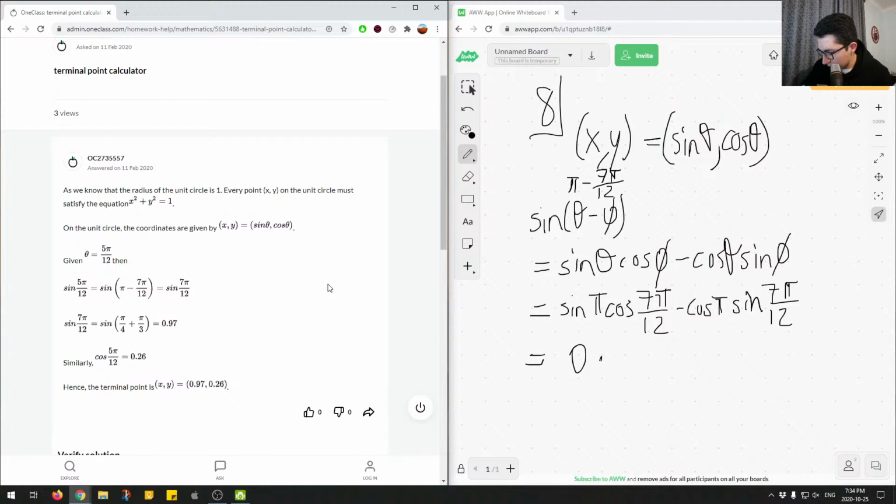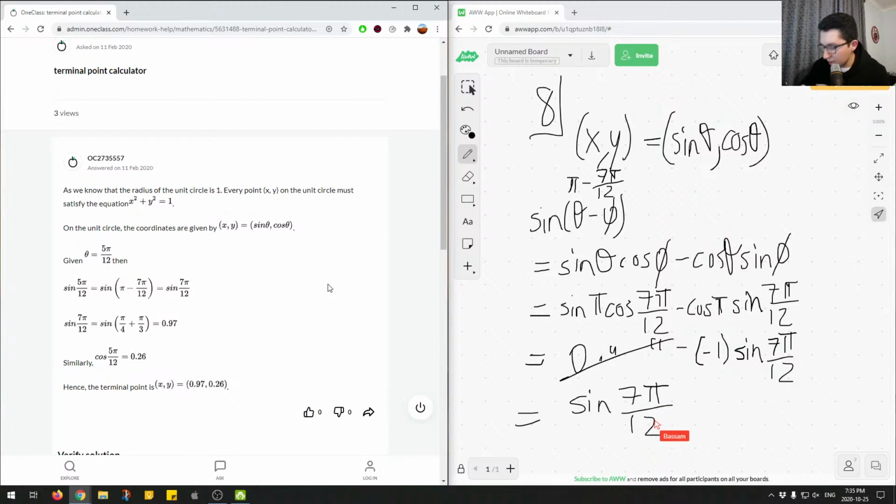Then we have minus cos pi, which is just negative 1, times sine 7 pi divided by 12. And so we know this cancels out, and we're left with just sine 7 pi divided by 12. So this step is really unnecessary unless you want to go further into the solution